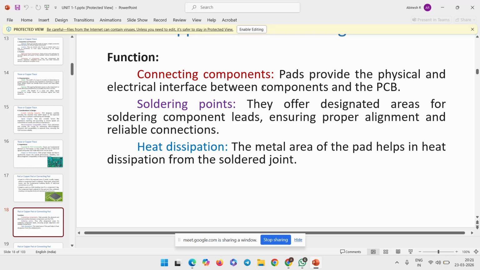No other area should be soldered across the pad. The green color area, the solder mask, prevents that. It offers a designated area for soldering the component legs. If the component leg is oval shaped, it provides only the oval shape for the soldering. If you apply more paste on that oval and more lead also,